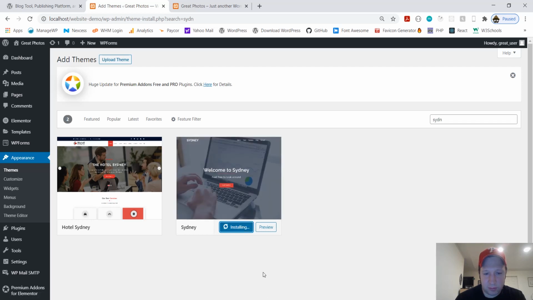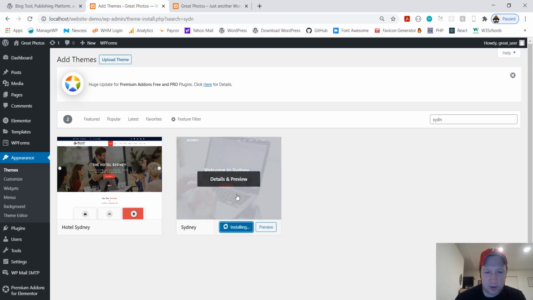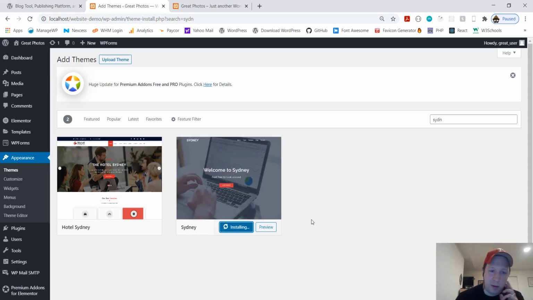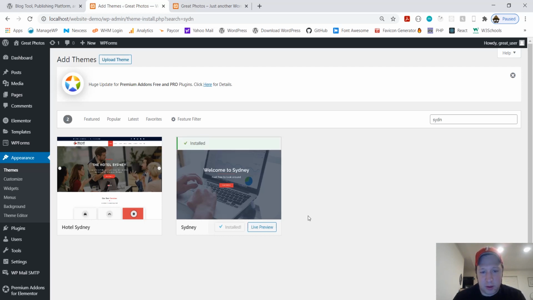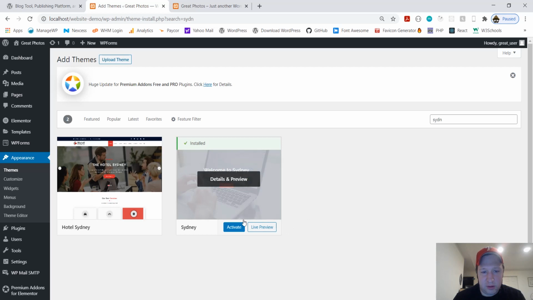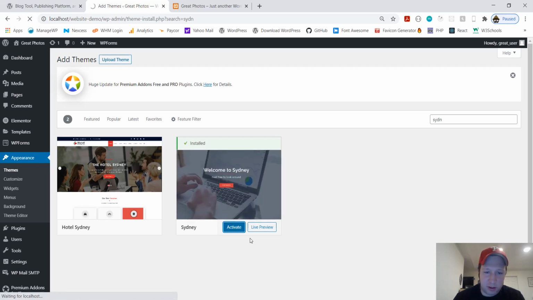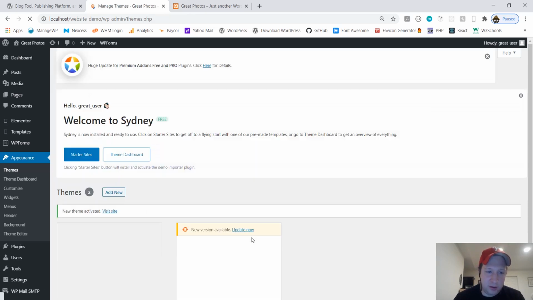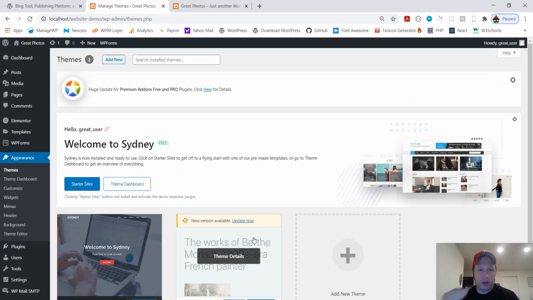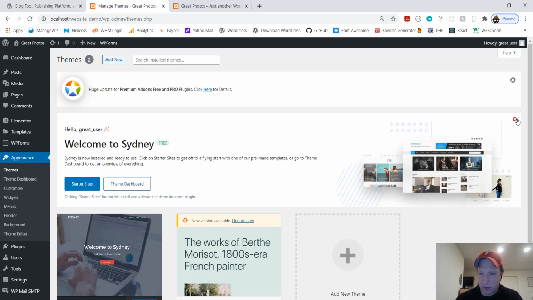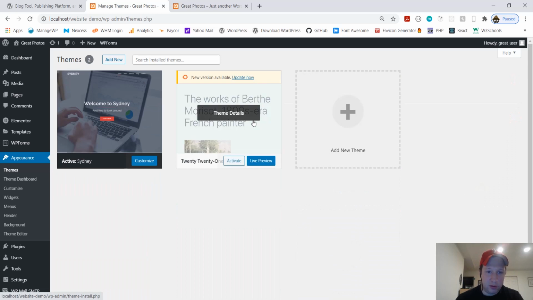So this gives us some general pre-built stuff, but we're really going to kick it up and make it look nice. Okay, good. So it's installed, and then we activate just like the plugins. So install and then activate, and then you're good to go. And then, so basically that's how it works. You install it, you activate it, and then you customize it. And that's really all there is to it, to be honest with you. I'm going to delete this one too, just because I'm anal.